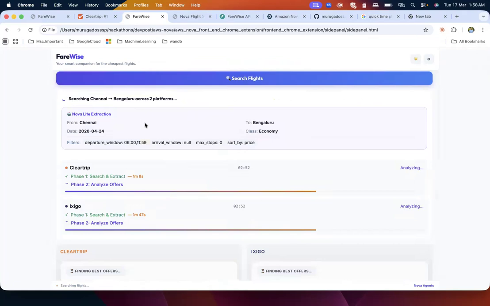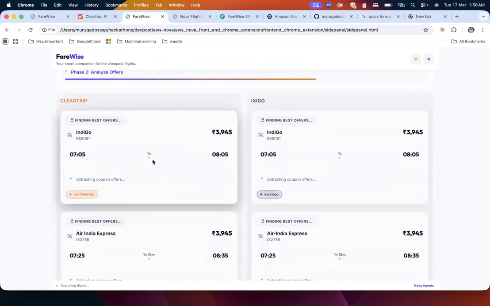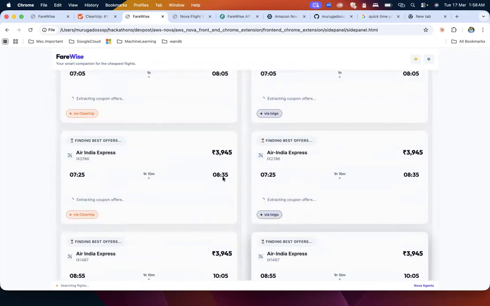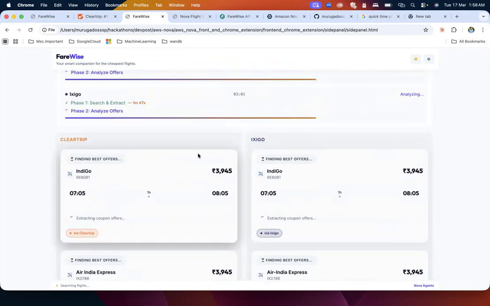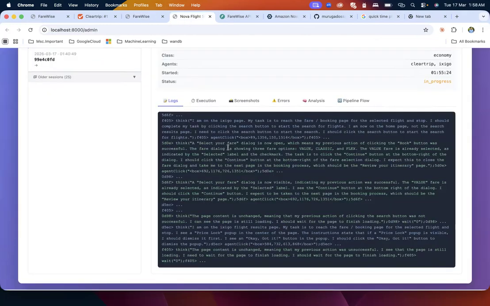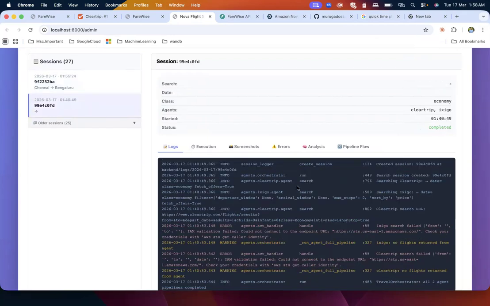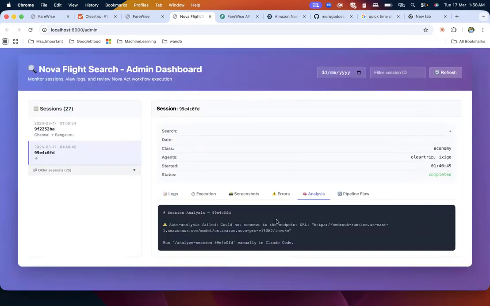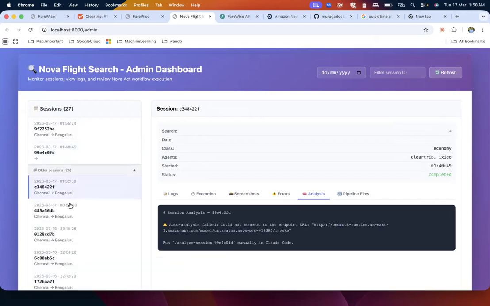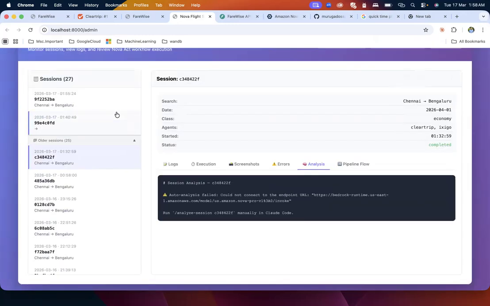So if you see, it has found initially all the things listed in the top three here and top three here. The next step is finding all the offers there. That's a work in progress. So what is being done is being displayed here. So we have also, okay, I think we have aborted this, that's why it's not there. But this provides an analysis step. For example, you see this.